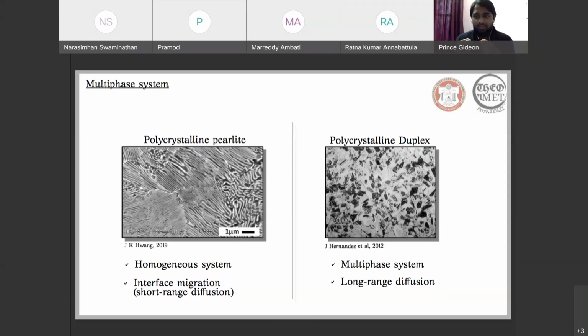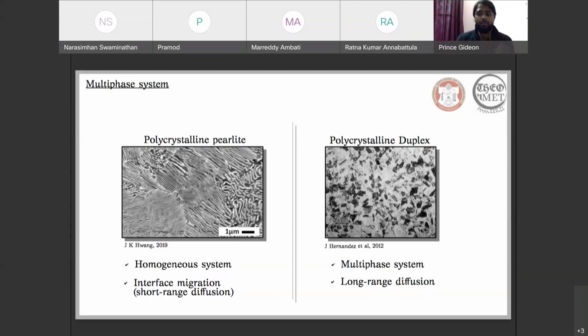The grain growth in such a system indicates all the characteristic features of grain growth, meaning there is an increase in the average grain size, and there is also the movement of the interface. There is a reduction in the total number of grains. However, despite all these, we have to preserve the volume fraction of the phases. So that is the challenge we face when we intend to model the evolution of such a system, where you have a polycrystalline system with numerous grains, and each of these grains is chemically not homogeneous, they are